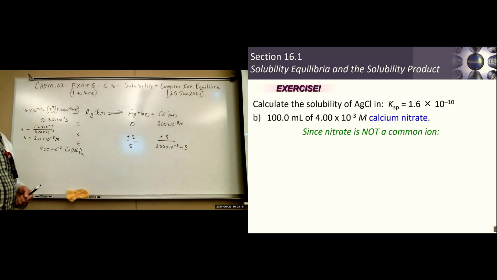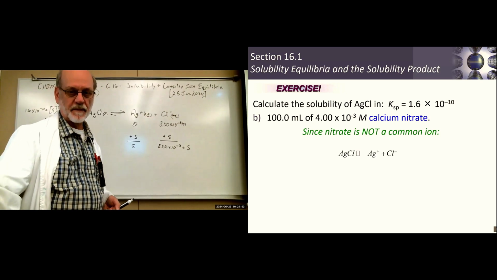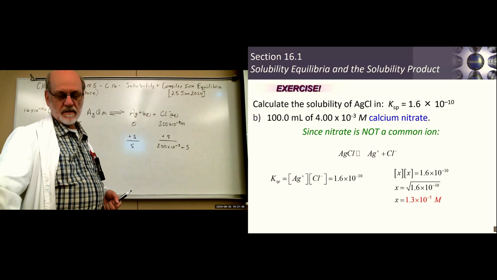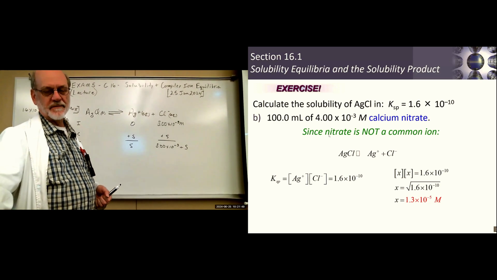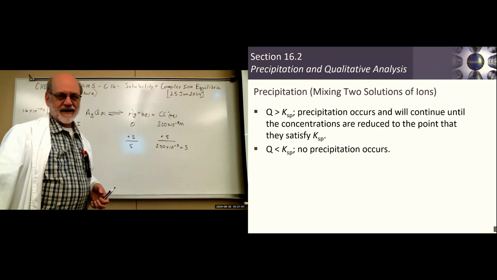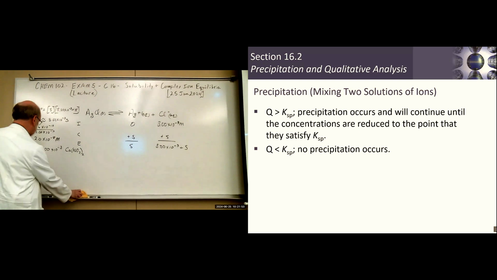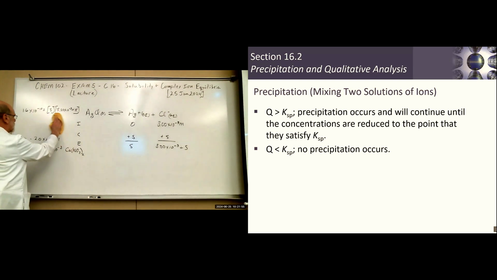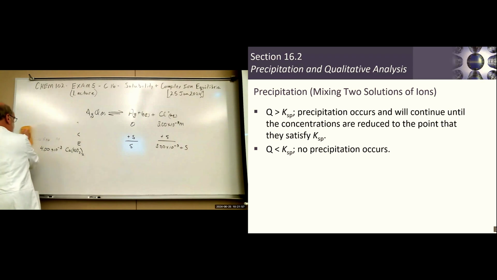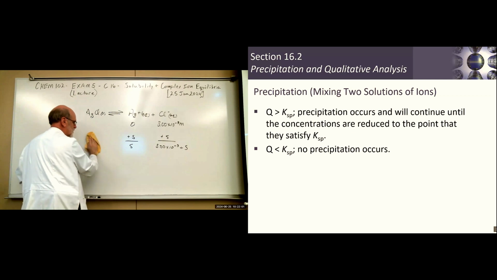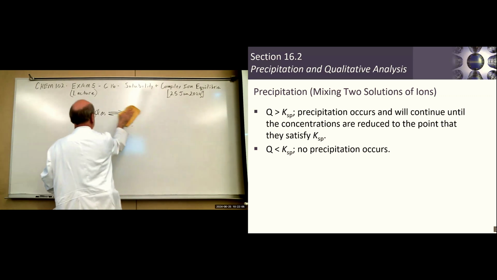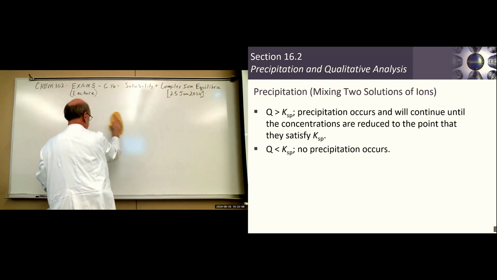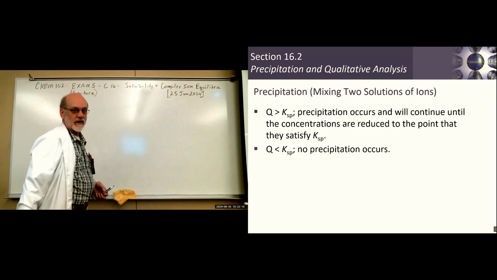All right. So we're back at 1.3 times 10 to the minus 5 molar solubility. All right. So we didn't need to use Q, but that doesn't mean we gave up on Q, because Q is a valuable bit of information if we're trying to decide whether or not